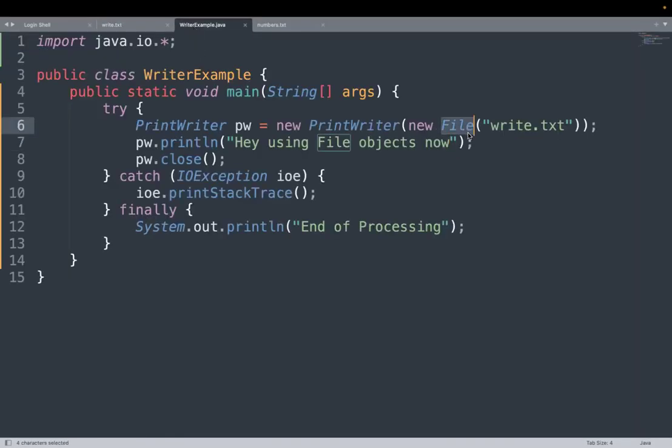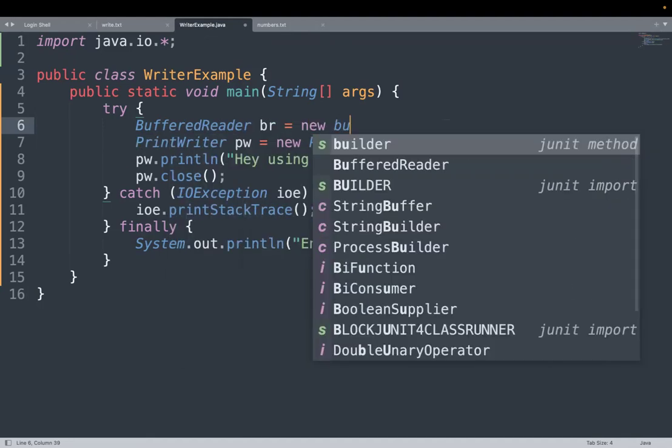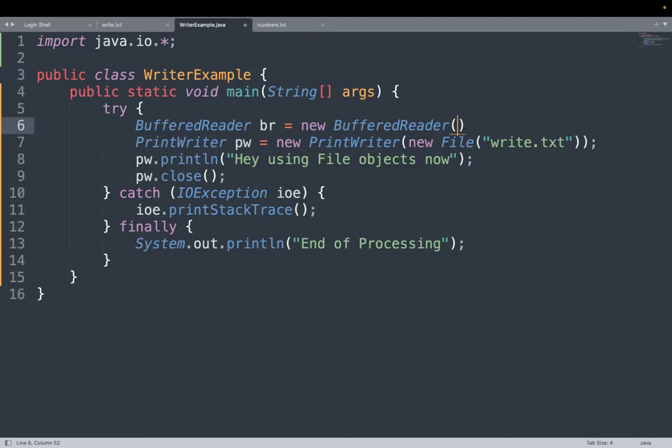So we no longer have to create that FileWriter because we're not using it. We can just use the file directly, and everything else that we need is accessible within PrintWriter. So this also works with BufferedReader equals new BufferedReader, new file,